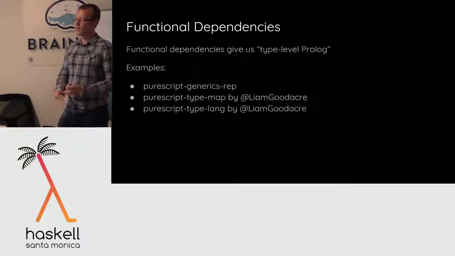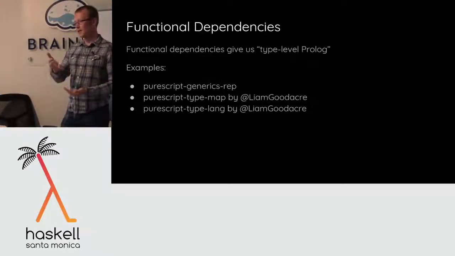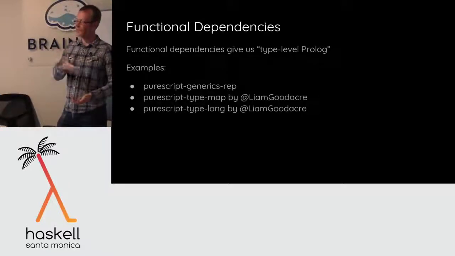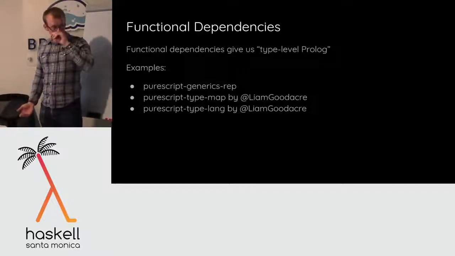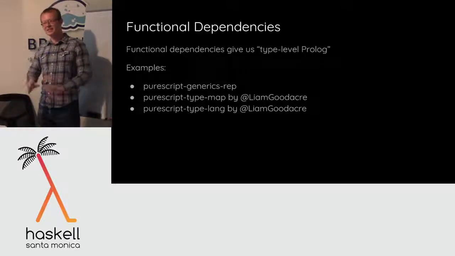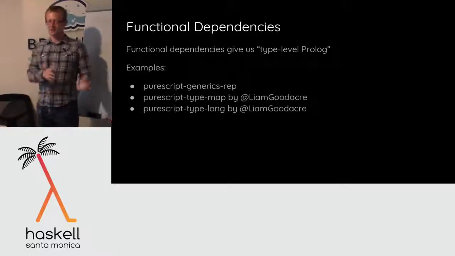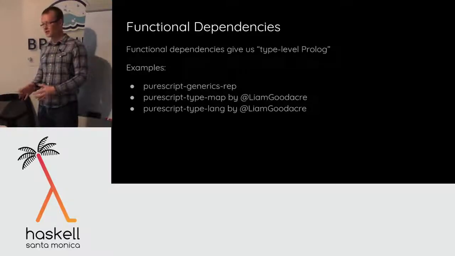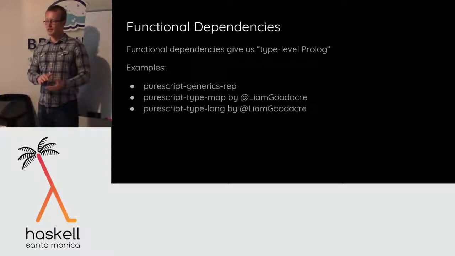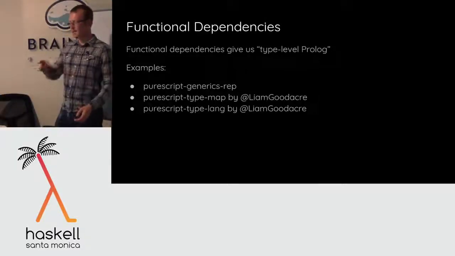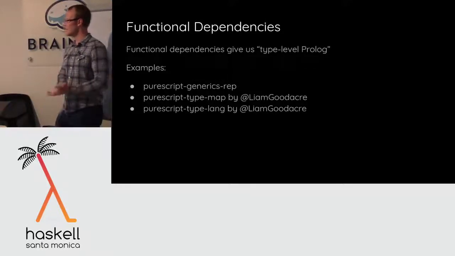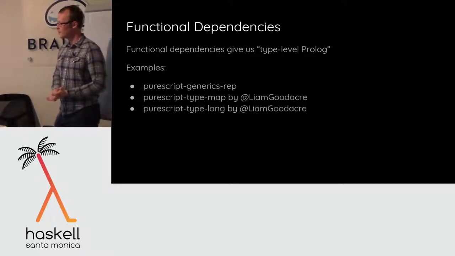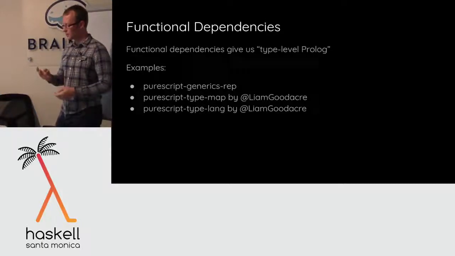What's an associated type? An associated type is a type class whose instances have types associated with them. Okay? Can you give an example of that? No, it's not really the point. The point is functional dependencies allow us to express type functions, and that's enough to be able to do generics rep, because I can express the mapping from types to representations as my type function. That type function, is that just expressed as like a constraint? Yeah, exactly.